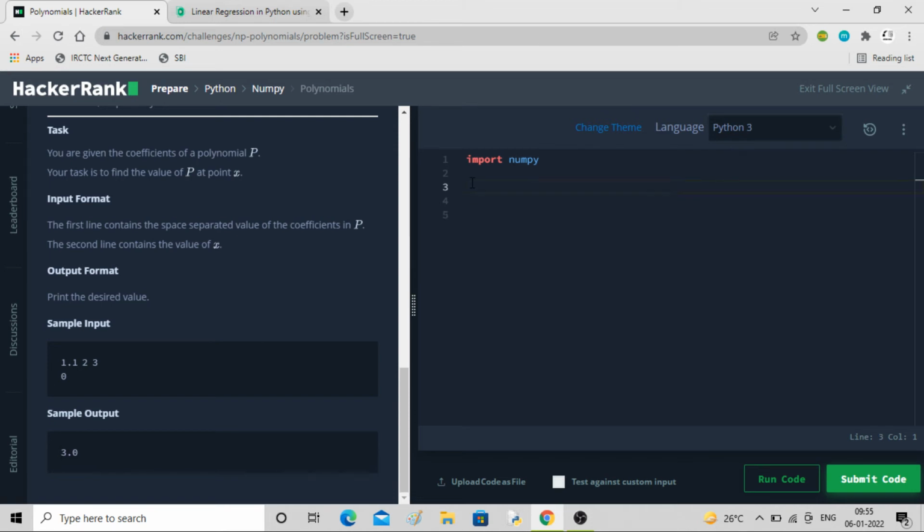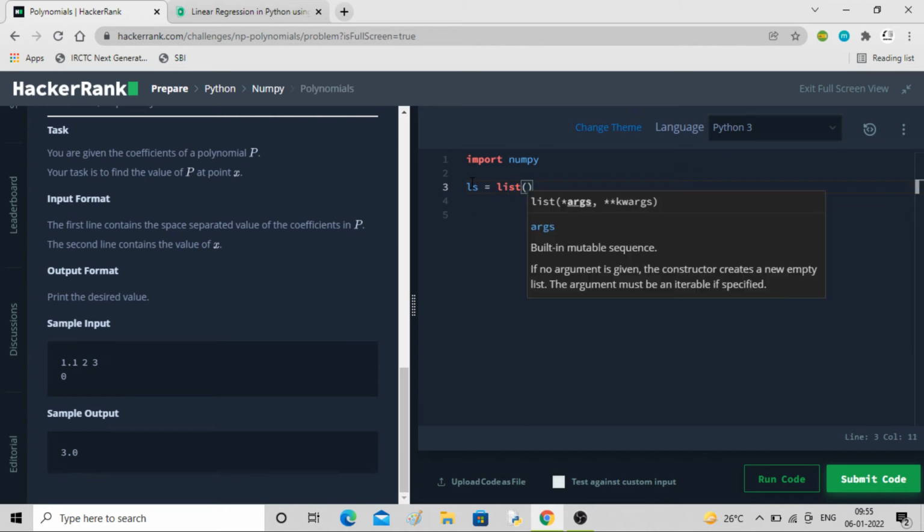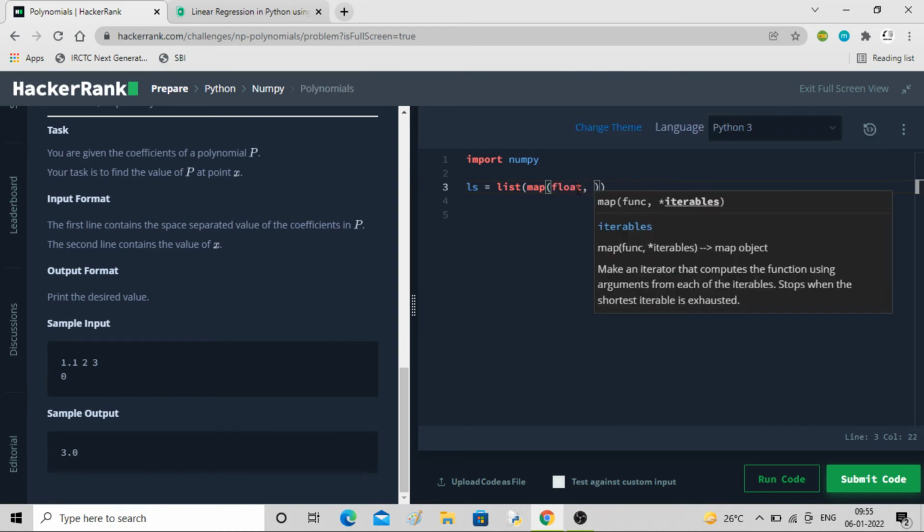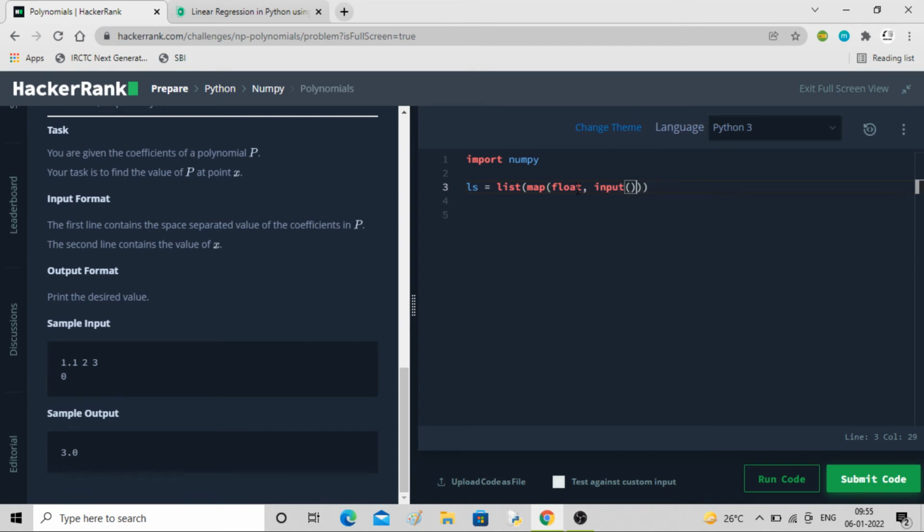So let's take the input equals list, map, float, because here we have decimal numbers, float, comma, input split.